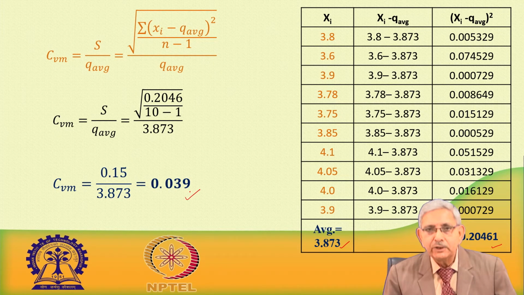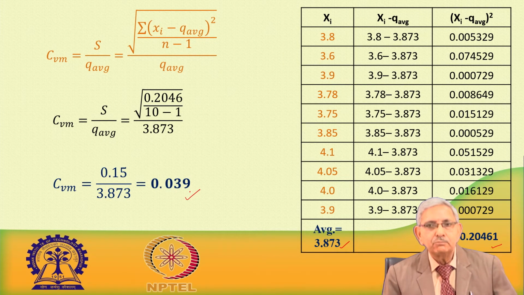Now, this manufacturer's coefficient of variation, why does it come? Because this is a thermal processing process. When the particular material is passing through the machine, it is given a certain temperature. So, there may be some defect, there may be some malfunctioning of certain components. So, it may not be delivering the same.